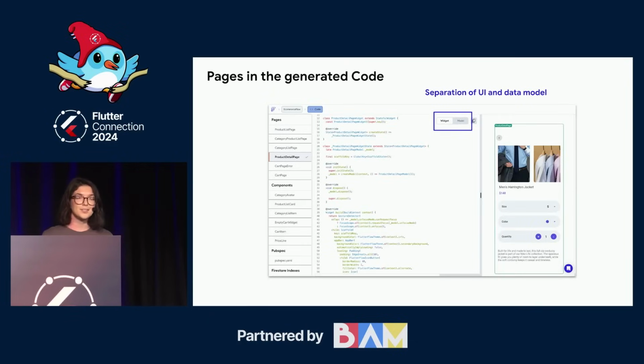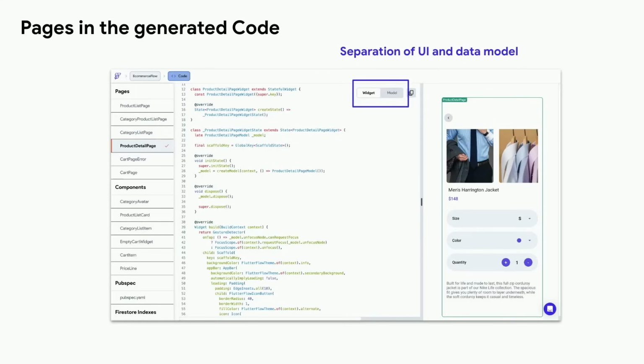So now let's take a look at the generated code. And like I said, one of the things I really love about FlutterFlow is you always have access to the code. So there's this part in the FlutterFlow platform where I can hop over and see the code as I'm building. And one thing you'll note when I go to my product detail page, and I have my page open on the right-hand side, which makes it really nice to click on a button and see specifically the code for that button and so on.